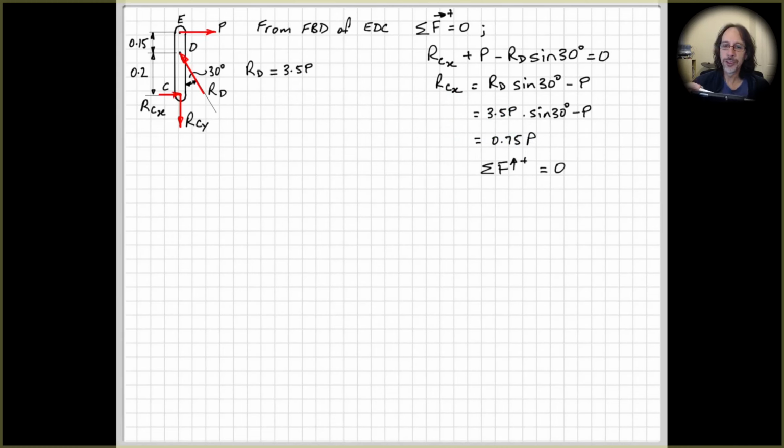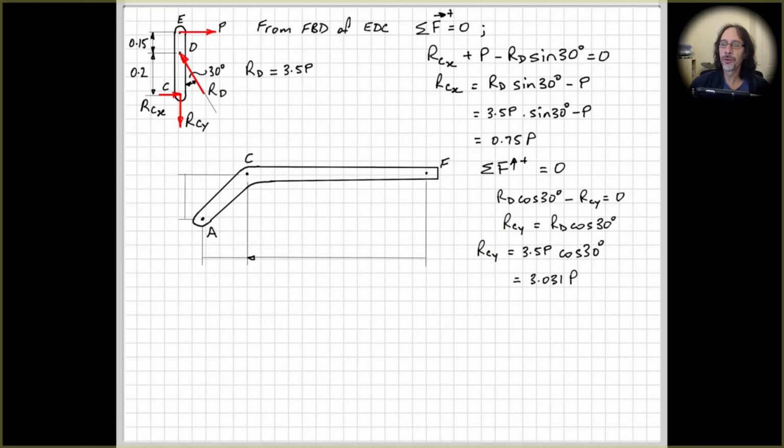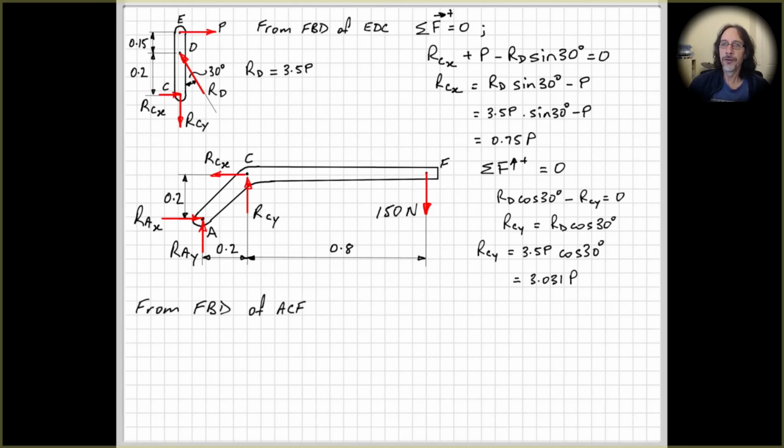And then looking at the sum of the forces in the vertical direction equals 0. We've only got 2. So we've got the vertical component of RD, which will be RD cos 30, minus RCY. RCY equals RD cos 30. And substituting again for RD equals 3.5P, I get another equation with our unknown force P in it. So now I've redrawn the free body diagram so you don't have to flip backwards and forwards to the previous page. So from our free body diagram of the lever ACF,